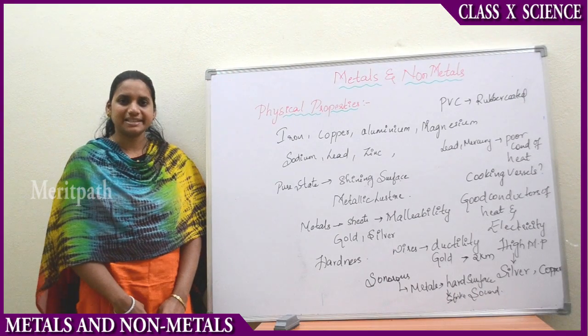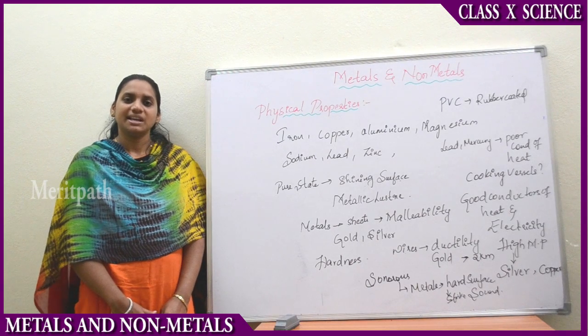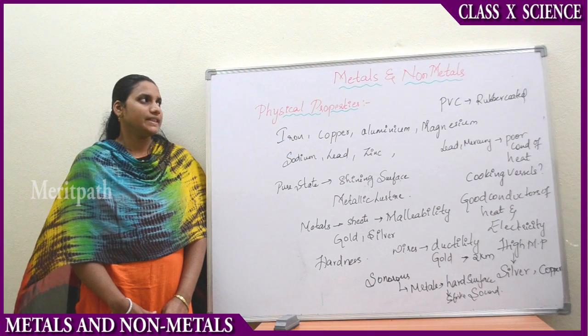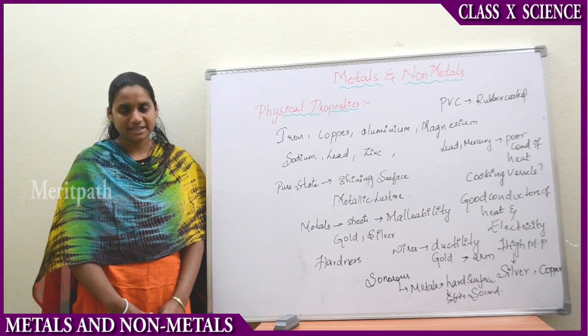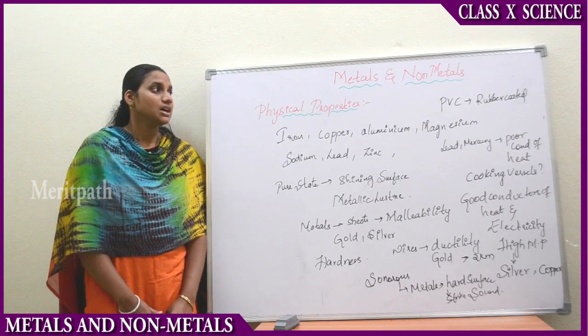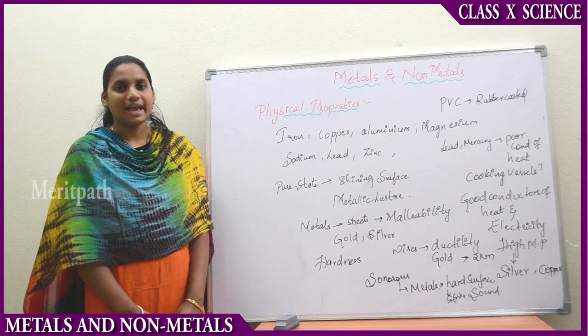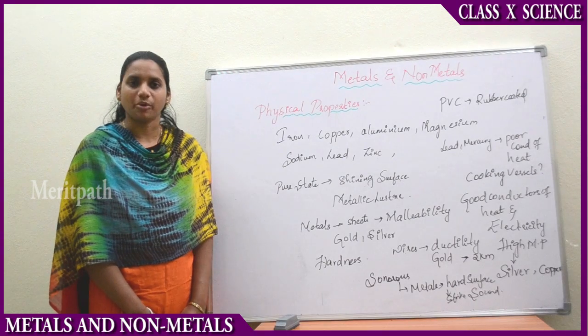What do you mean by metals and non-metals? All the elements are classified into two types, that is, metals and non-metals. This classification of the elements is done based on the physical properties and chemical properties of the elements. The easy process of classifying or gathering them into groups is with the help of the physical properties only,